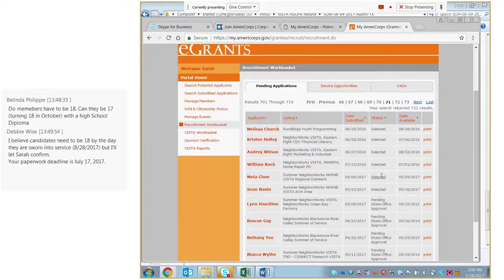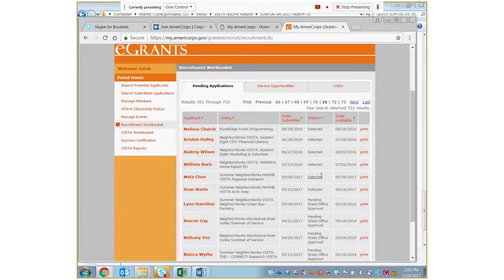And so that means that they still have to take a step before the application hits our office. So you'll want to make sure that you're following up with your candidates if they're in the selected status to make sure that they fully accept the position so that they can be considered to attend the pre-service orientation.